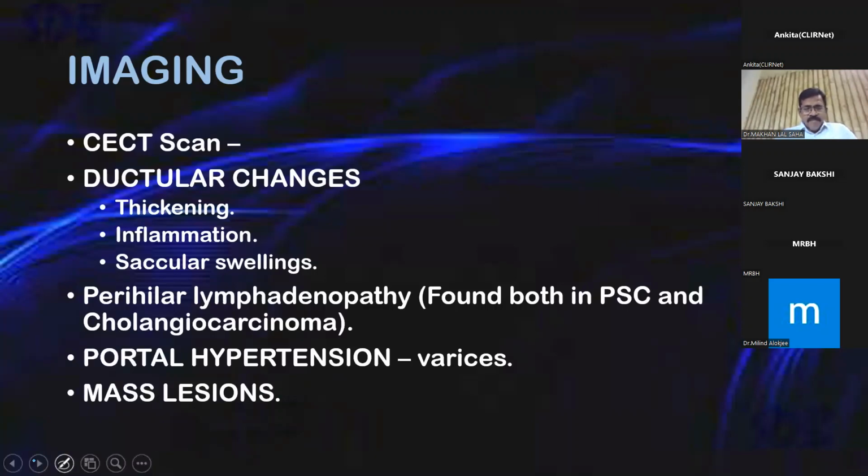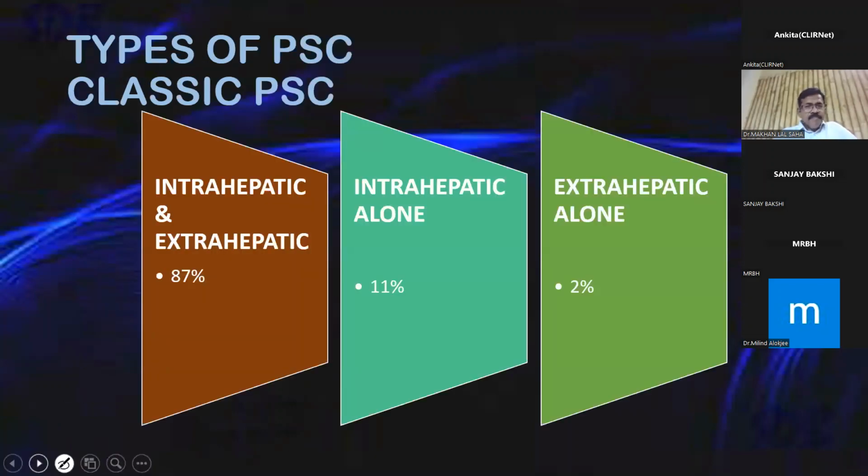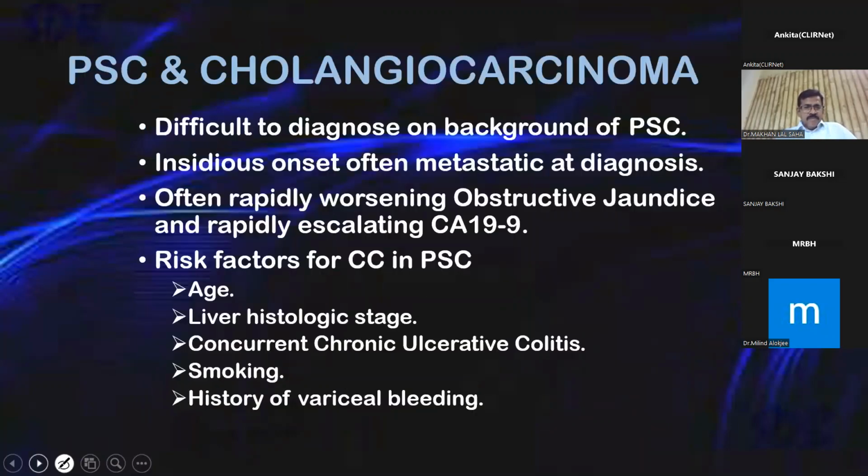Right. So types of PSC: you have intrahepatic and extrahepatic in 87%, intrahepatic alone in 11, extrahepatic alone. Cholangiocarcinoma is very difficult to diagnose. Insidious onset, often you have a worsening obstructive jaundice and an escalating CA19-9. Risk factors for cholangiocarcinoma in PSC are age, liver histologic stage, concurrent chronic ulcerative colitis, smoking, and a history of